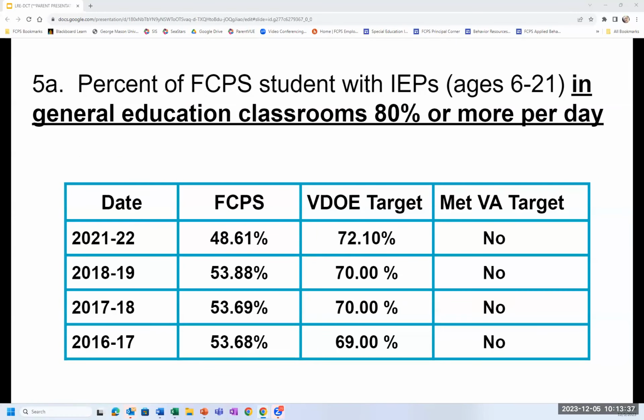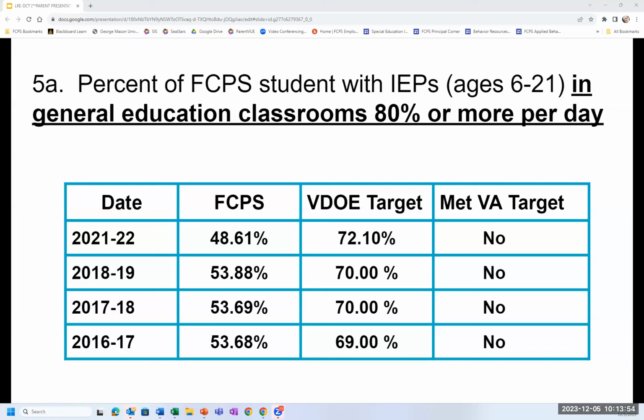This table represents indicator 5A, the percent of FCPS students with IEPs age 6 through 21 in general education classrooms 80% or more per day.